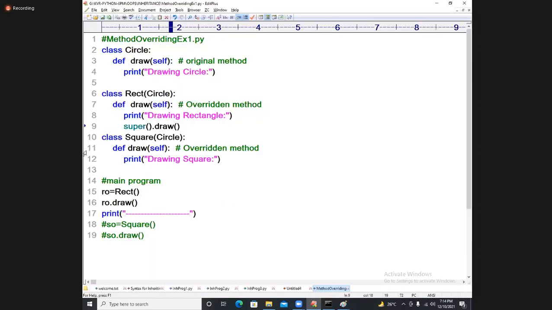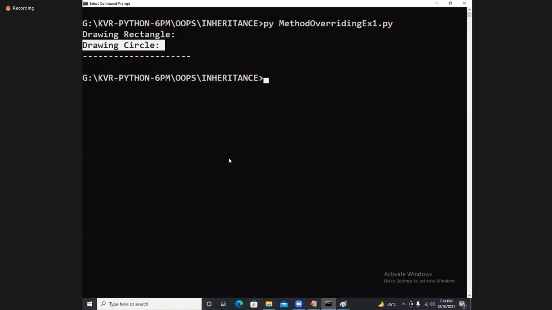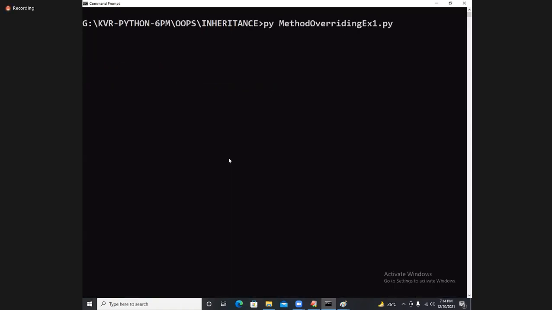Now remove this also here. SO.draw. From Square also you can call here. What is the function name? Super of draw function, you can take it. Yes, Omkar. Very good.